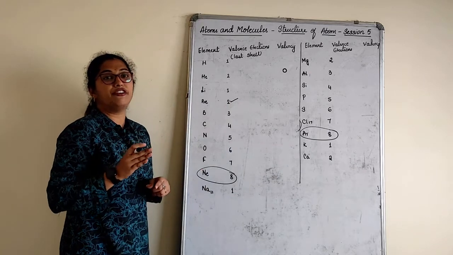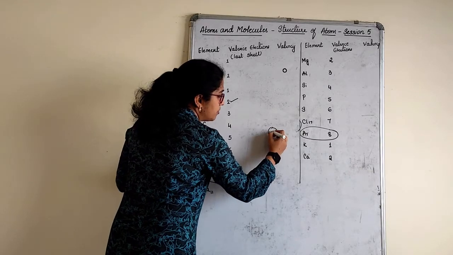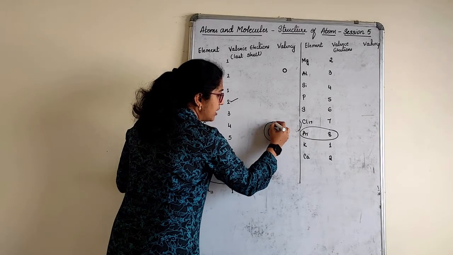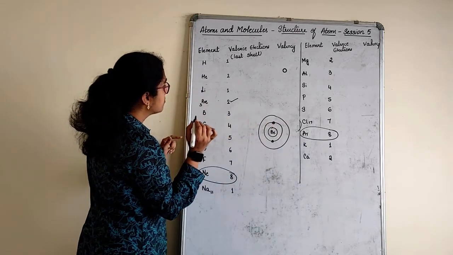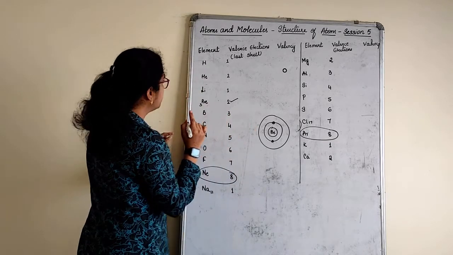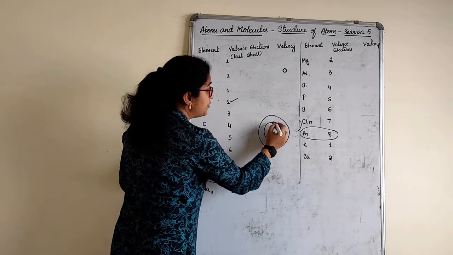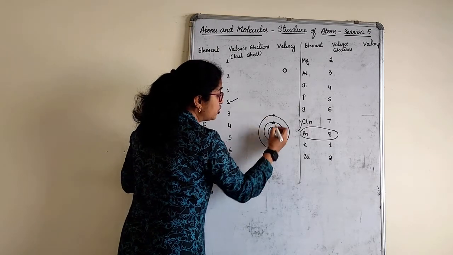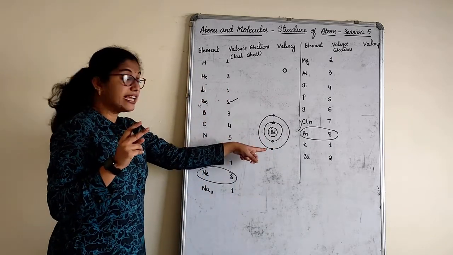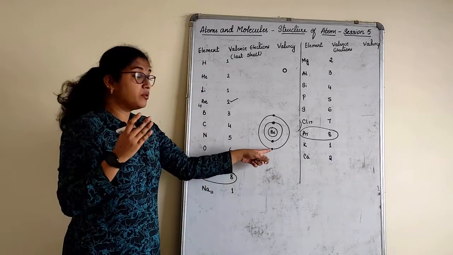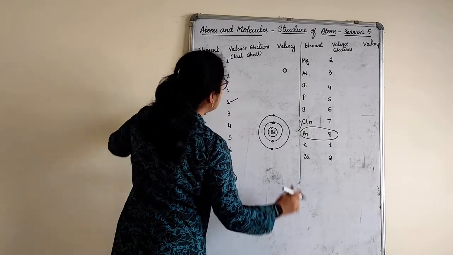No, beryllium is not filled because beryllium atomic number is 3, children. So when beryllium comes here, first shell 2 will come. Second shell, oh, I think I went wrong. Beryllium is 4, right? Beryllium is 4. So first shell 2 will come. Second shell here 2 will come. First shell can fill 2 electrons. Second shell can fill how many electrons? 8, but only 2 are there. That means it still has space to fill. That is not the case with helium.